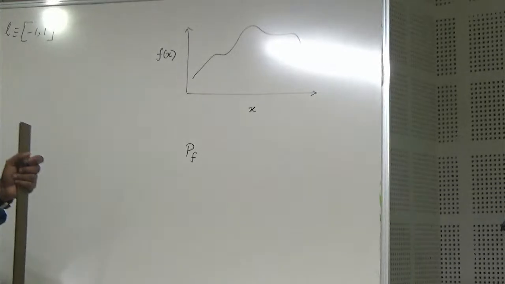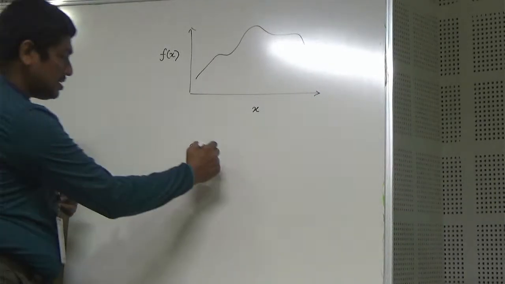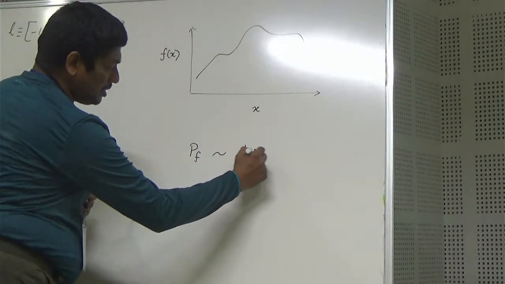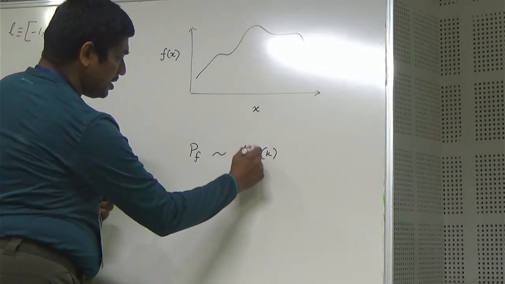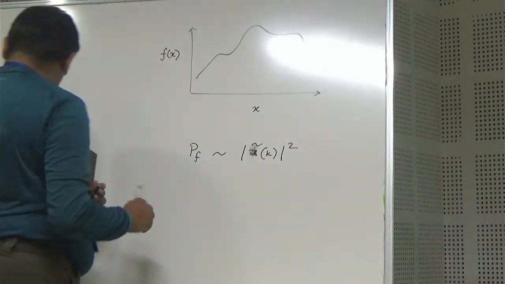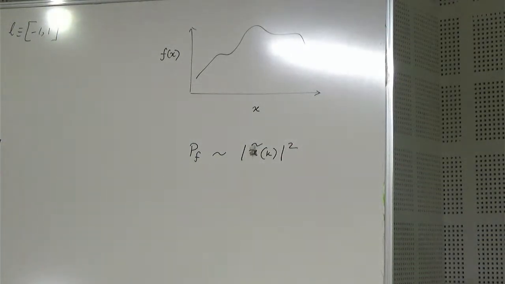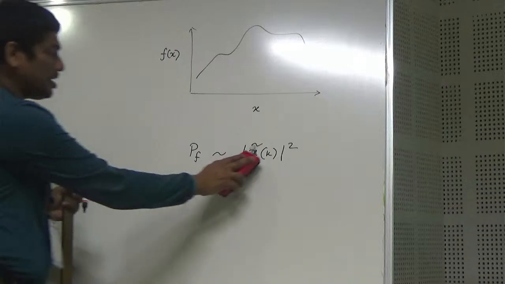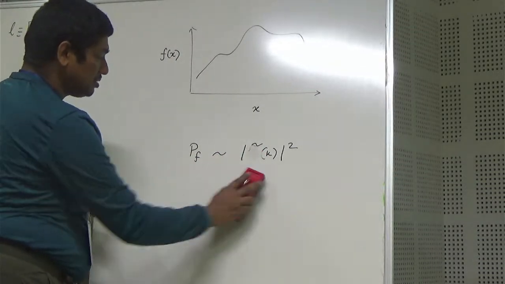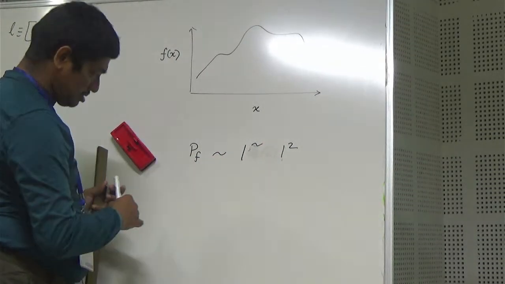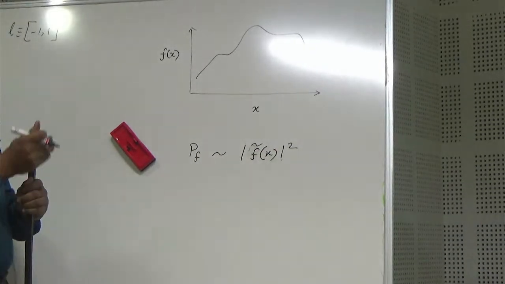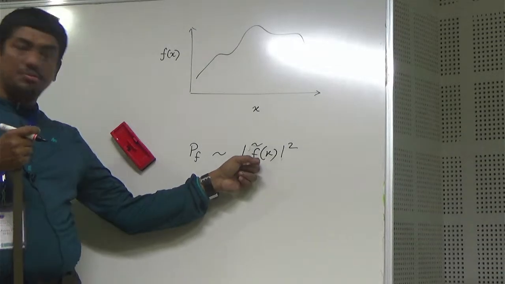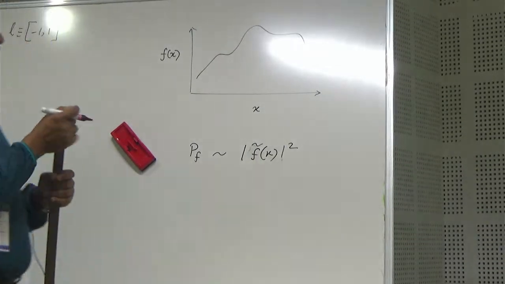If you remember, this is roughly proportional to delta k, |x tilde(k)| squared, where x tilde(k) is the Fourier transform of x. So f as a function of x, its Fourier transform is f tilde(k), and the power spectrum is |f tilde(k)| squared. Now,